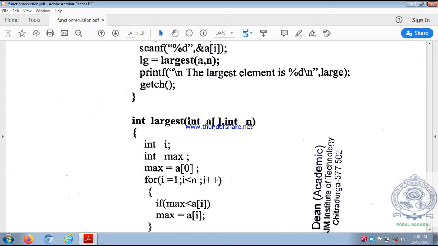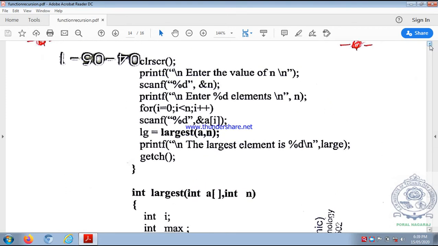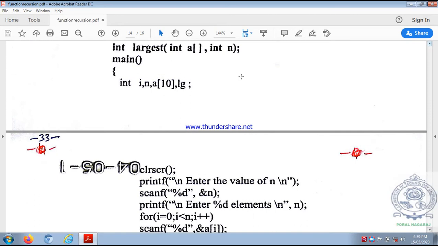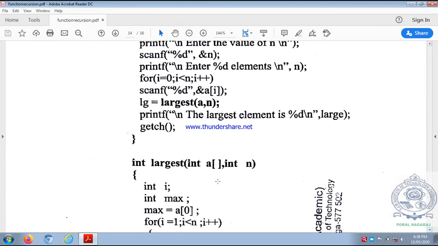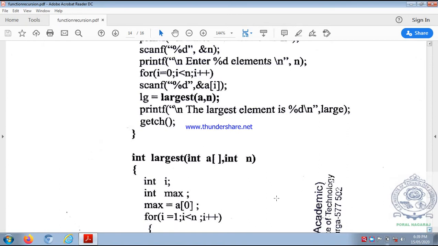So while calling a function we just simply pass name of the array here. That's what you have to observe. What is name of the array here in the declaration? See, we have declared a of 10. We are not passing a of 10, just we are passing only a, largest a, comma n is size of the array. But in function definition you have to declare array without size. See, int a without size, comma corresponding to second actual parameter int n. So now here complete array what you read here using these two statements,